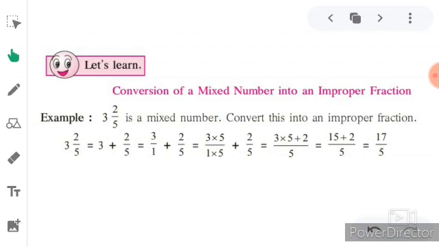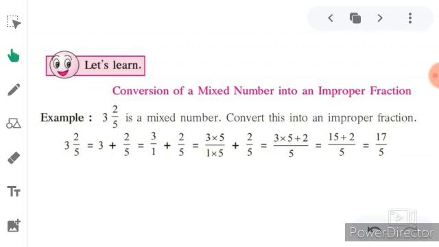The next step is that you can see that both these fractions, 3 upon 1 and 2 upon 5, are unlike fractions. In the previous classes, in the 5th standard, you also learned what is meant by like fractions and what is meant by unlike fractions. Unlike fractions are those fractions whose denominators are different. Here 3 upon 1 has denominator 1, and 2 upon 5 has denominator 5.